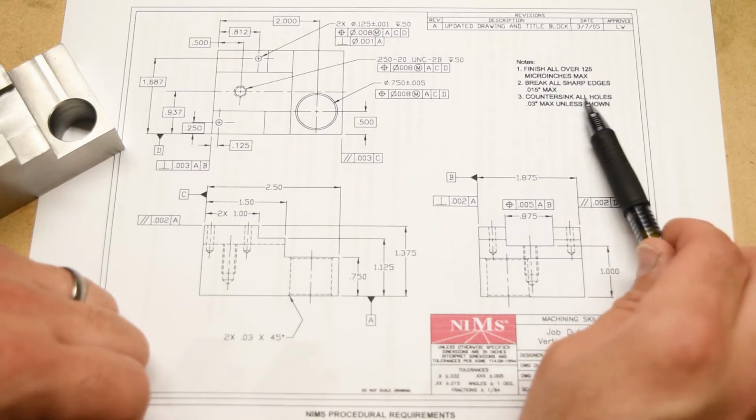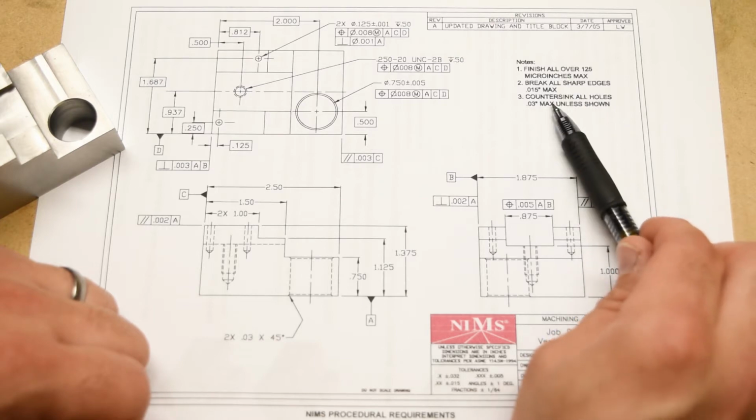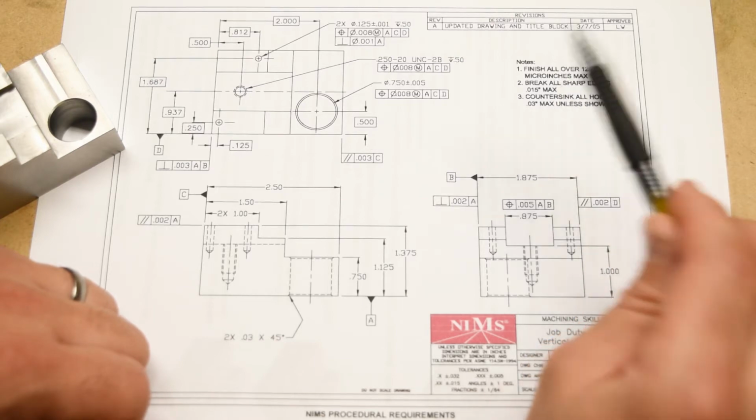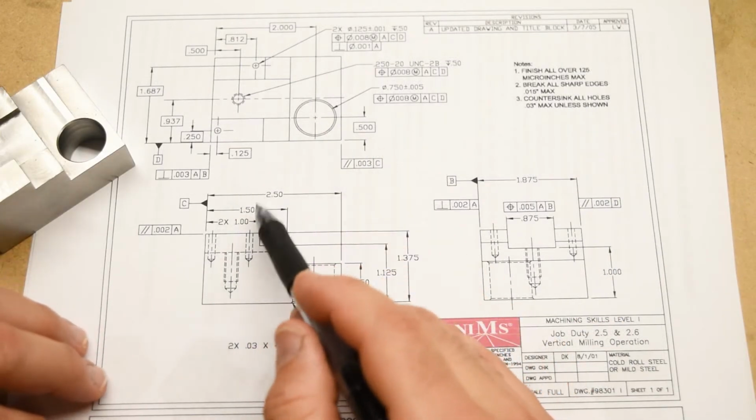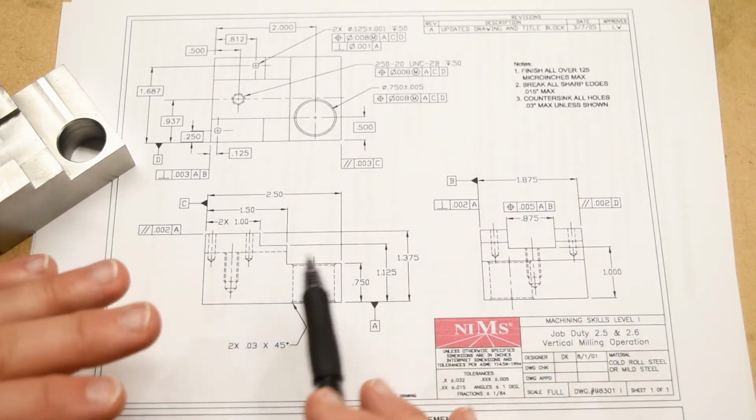Countersinking a hole is a diametral measurement. So 30 thousandths on the diameter is the same as 15 thousandths on the radius. So actually, these 2 notes are kind of redundant. But whatever. Before we get into any of these dimensions or GD&T controls, let's just look at the basic